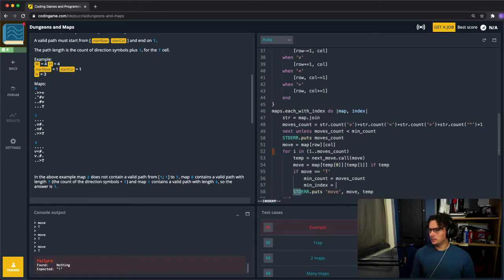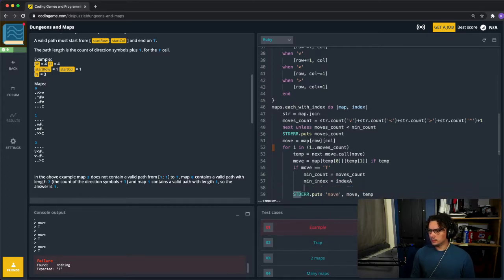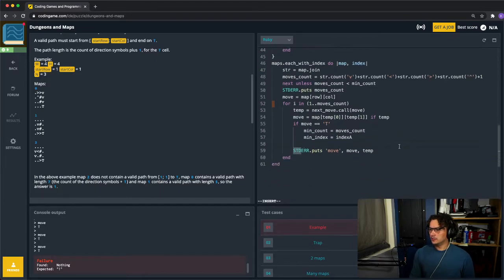Min index equals index of the map. And then,